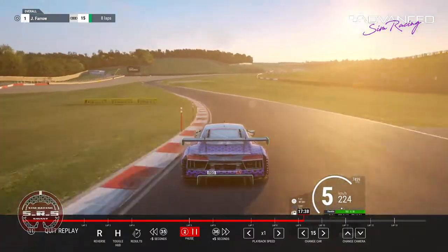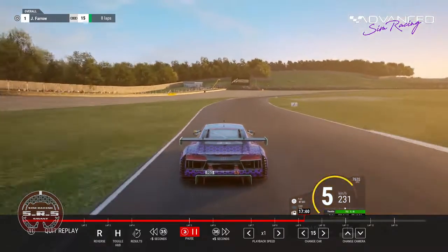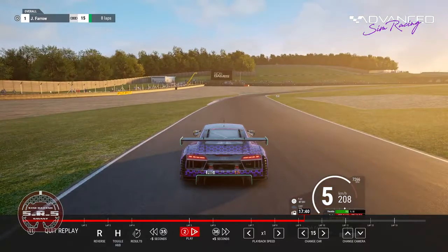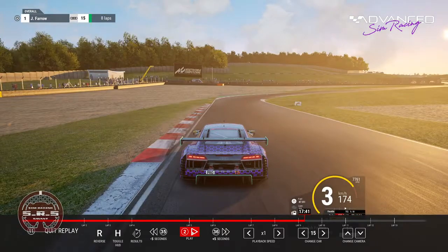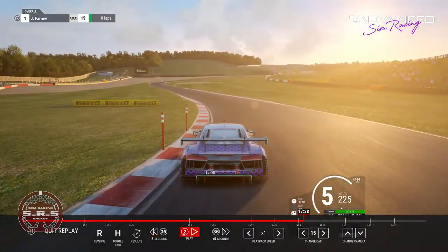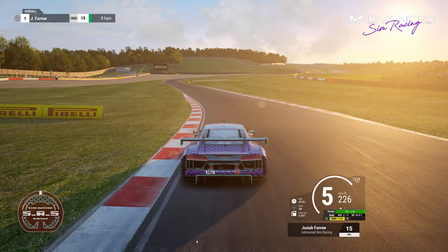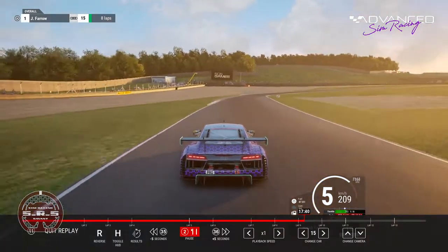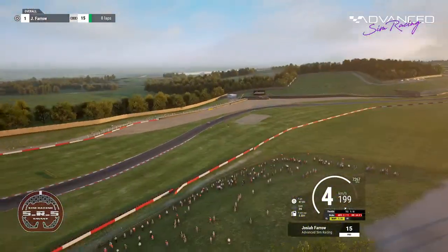We made sure we made the most of the turning capability of the car on entry. We weren't lazy and not paying attention, not using our vision. We made sure we lined up as best we could, but it's not perfect, right? I'm still sort of aimed towards the outside of the corner, not as much as the bad example, and it does turn in well. But we could also just physically test this on another lap by lifting a little bit here to allow the car a little bit more front end grip, follow this tighter, and then really line it up so that when we were arriving here, rather than having the car at this angle, that's a little bit